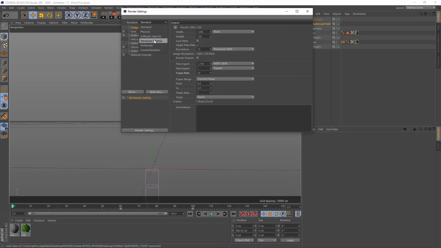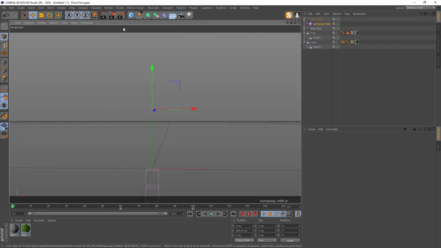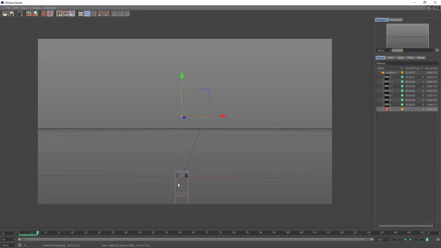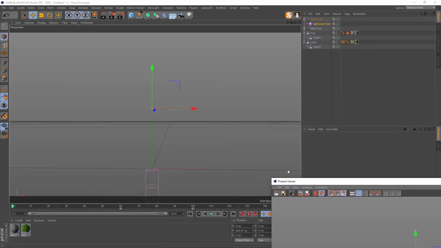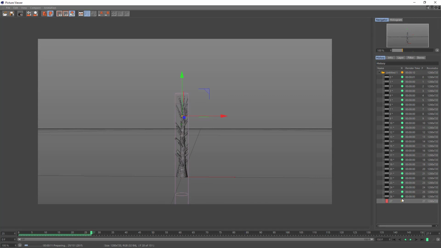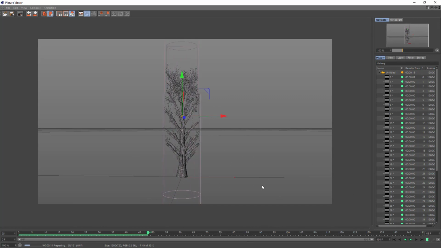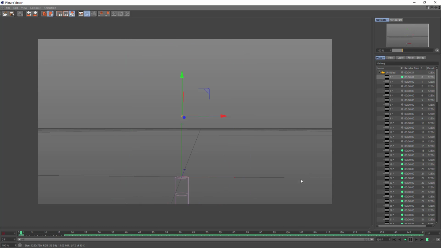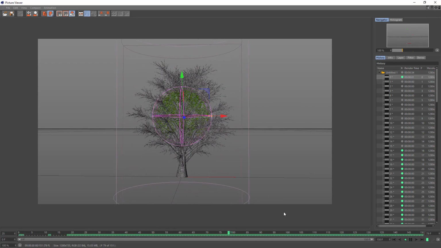Instead of standard, you can choose hardware. Output, you choose all frames, and make a render. And you see, it is just rendering what we see in the viewport here, the same thing. So it takes, you see, 0 seconds per frame. It's very fast. So I am waiting until it's finished, and so we can see what we have. Okay, so the render is finished. We can check what we have. Now if we press play, we've got a real-time feedback.